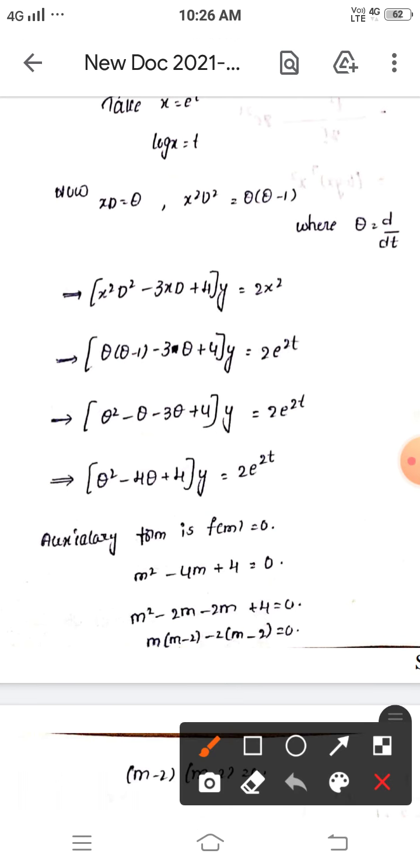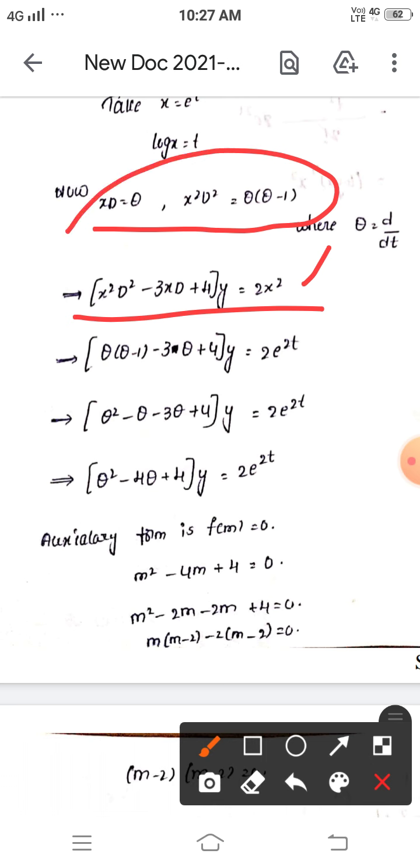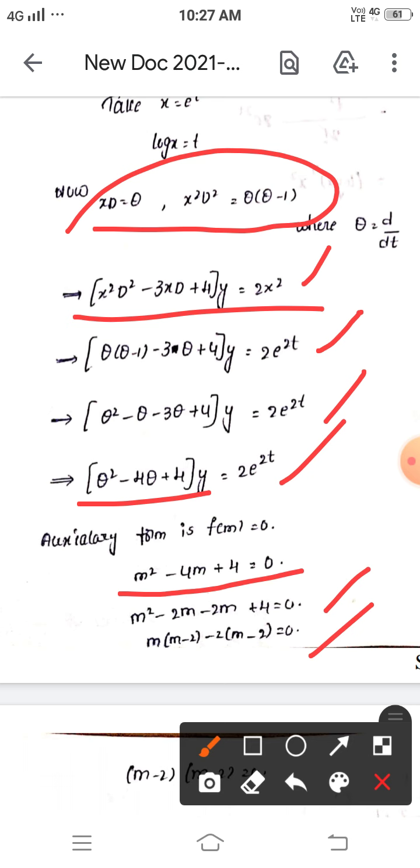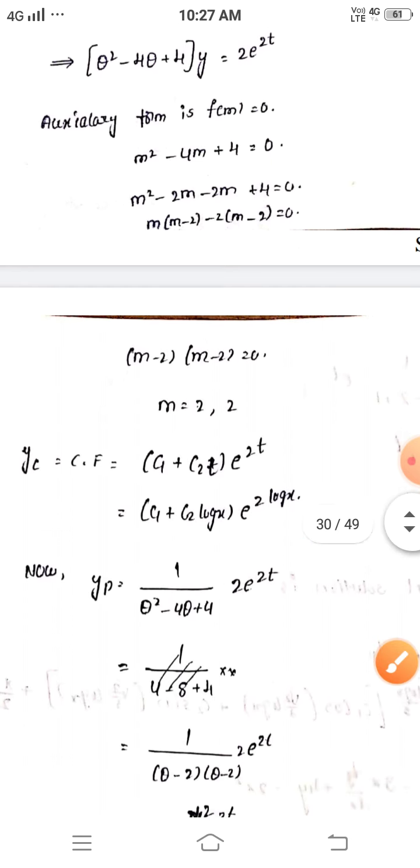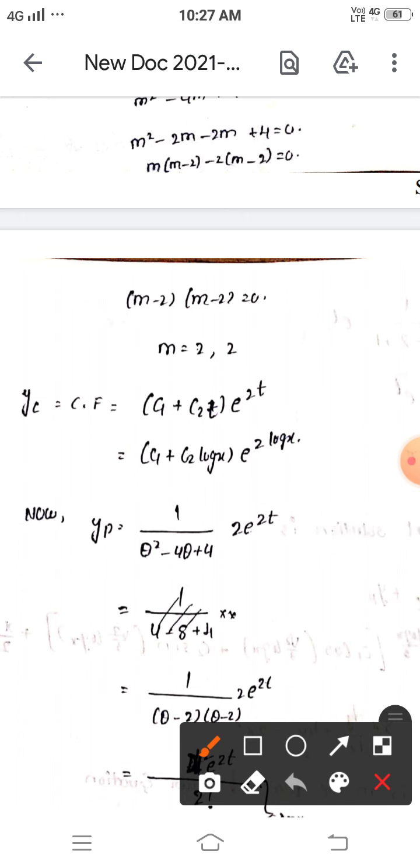If you express the given equation in the differential operator form, we get this condition. They are replaced by our considered values, we get this condition. If you simplify that condition, we get this one. From here onwards, as in the third unit problem process, we have to write the auxiliary equation for that problem. For that auxiliary equation, we have to find the roots. By the factorization method, we get the roots of that equation. Roots of that equation are repeated.